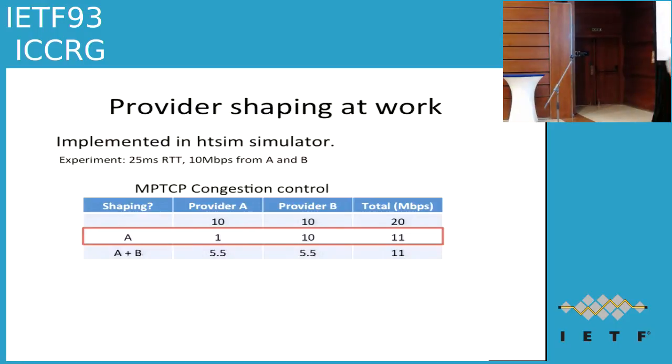If both of them shape, what's going to happen is that they basically each carry half of the throughput, and in total, MPTCP gets, well, 11 megabits, which is basically the max of TCP A and TCP B, which is 10. So what happened is, when they both shaped, the MPTCP client went from like 20 to 10. This is a tragedy of